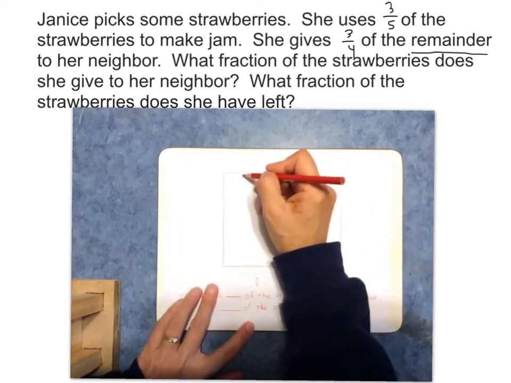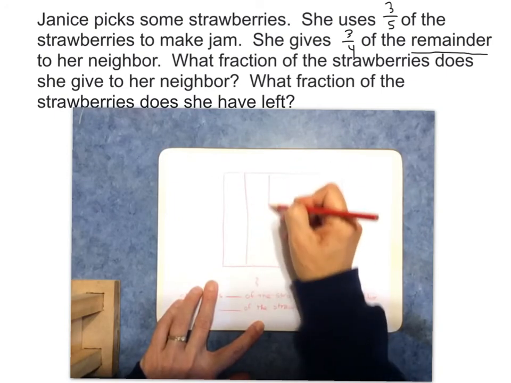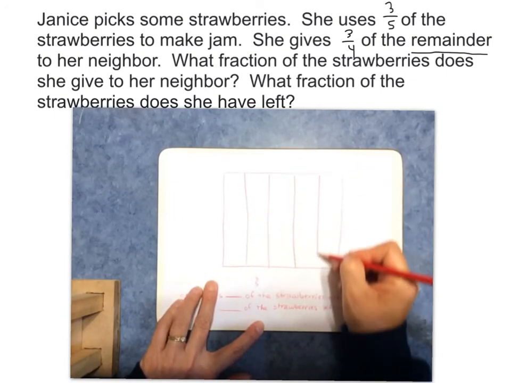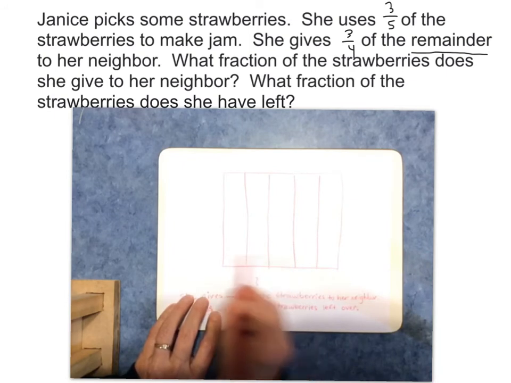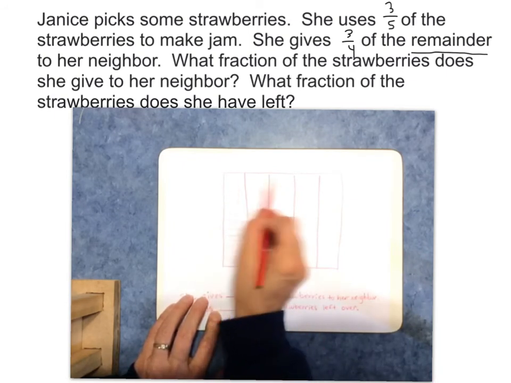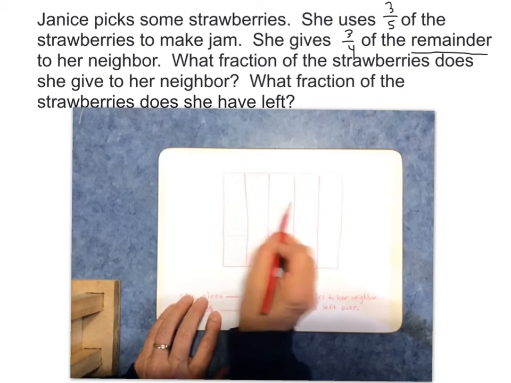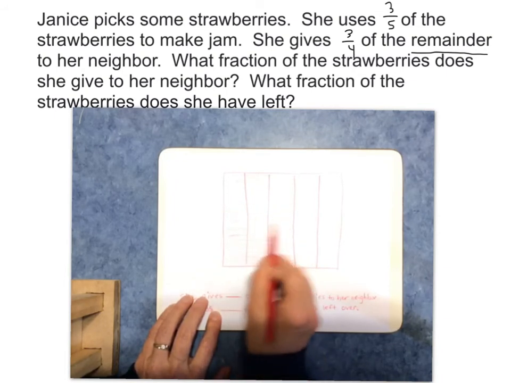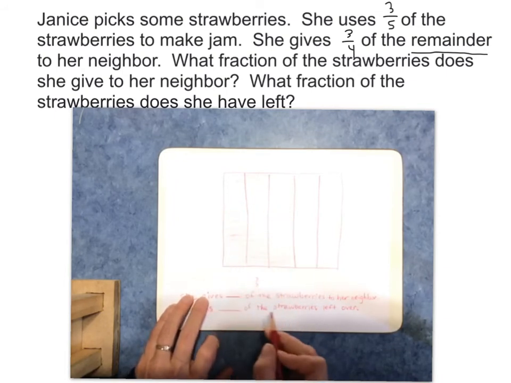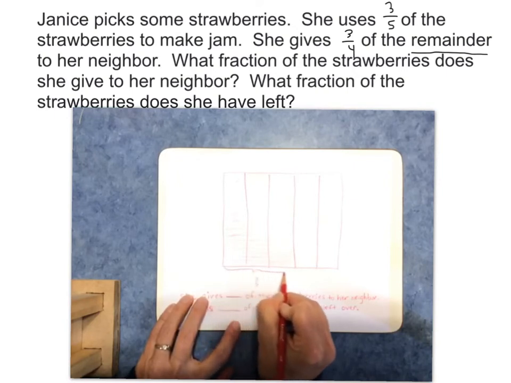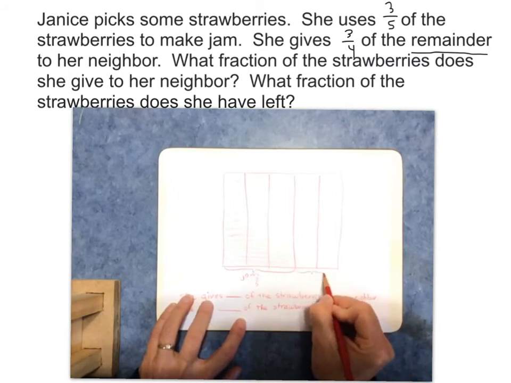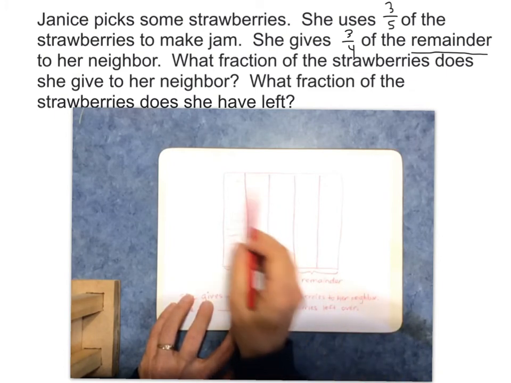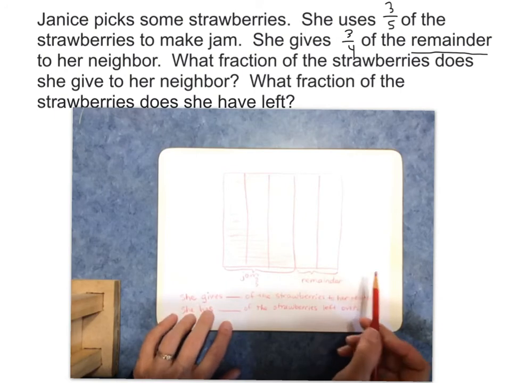Okay, we start with making 3/5 and coloring those 3/5 in. And this is going to be the 3/5 that she used to make jam. So I'm going to mark this 3/5 off as the jam. This 2/5 over here is that underlined word, the remainder. So instead of going on top of my jam, I'm going to go over the remainder here, and I'm going